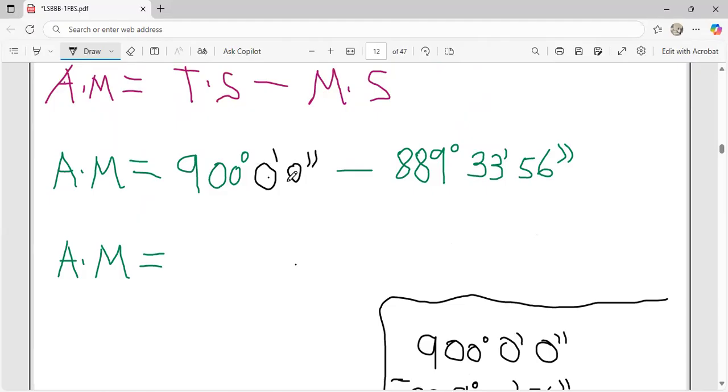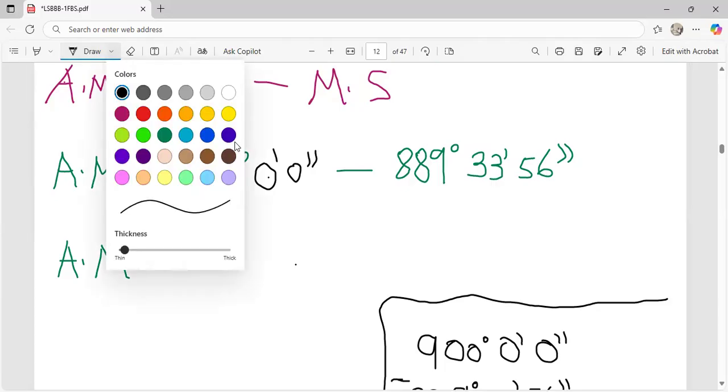900 degrees, 0 minutes, 0 seconds, minus 889 degrees, 33 minutes, 56 seconds. And at the end of the day, after punching this on the calculator, you're going to get